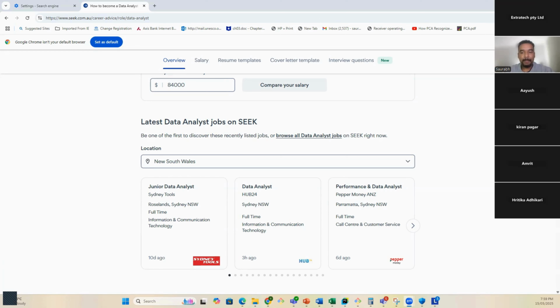Okay. Kanchan has a question. What should one do if they feel their critical thinking skills are not strong? Do these exercises support the development of critical thinking for a career in data analytics?